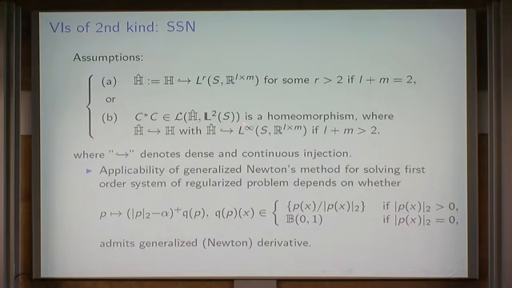I'll come back to this a little bit later, but what we need here is essentially, and if we write down first order optimality, C star C emerges, and we would like to have some sort of regularization or viscosity term, as it was mentioned earlier. This is why we need that C star C has good properties, as written down here. And we need that H hat embeds into L infinity, as at some point, if I go back again,